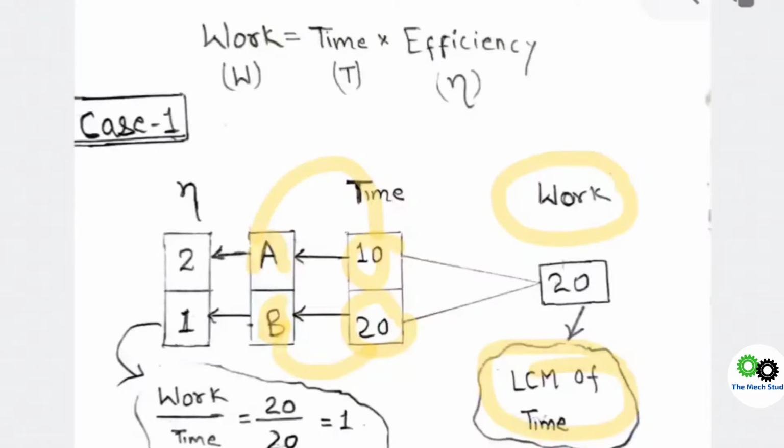Over that you need to calculate the efficiency, and as per the formula which I have mentioned over here, efficiency is equal to work divided by time. Similarly for A, total work is 20 and total time required to complete that work is 10. If you divide 20 by 10, you will end up with 2. And similarly for B, there are total 20 works, in which B requires 20 days to complete that particular work. So we will calculate over here and we will find that the efficiency of B is 1. You need to solve any question in that format so that you can easily get the idea of how you can approach that particular question.